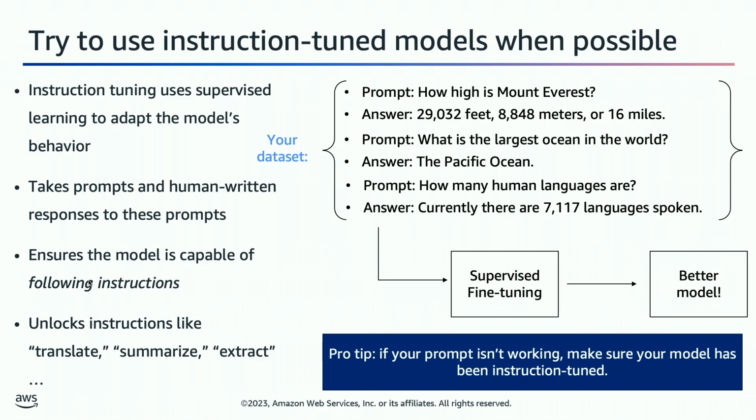But basically, it ensures that the model is then capable of following instructions. And it unlocks these other instruction tasks like translate, summarize, extract. And so instruction fine-tuning is almost how your foundation model is able to learn and accomplish so many different techniques. The foundation model learns a lot of those naturally occurring tasks in your data set just because they're there. But then when you add the instruction fine-tuning on top of this, it makes them immediately more accessible and more useful. So instruction fine-tuning is super useful.